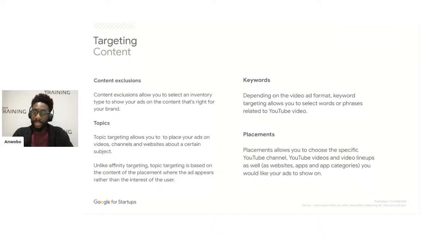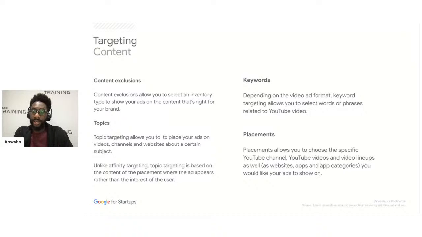We have topic targeting, which says that I want my ads to appear on videos that are of a specific topic. So I only want my ads to appear on football-related videos. Of course, this doesn't always mean that the person viewing the video will be interested in football, but it means that your ad will only appear on a football-related video.